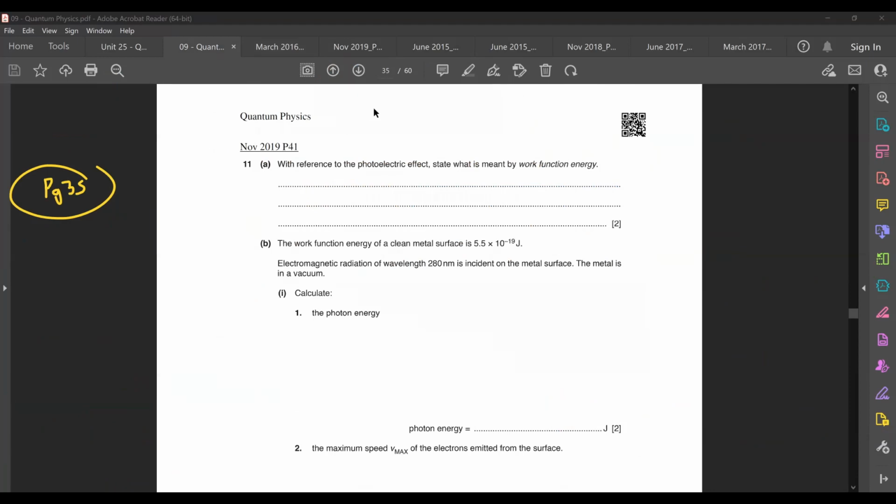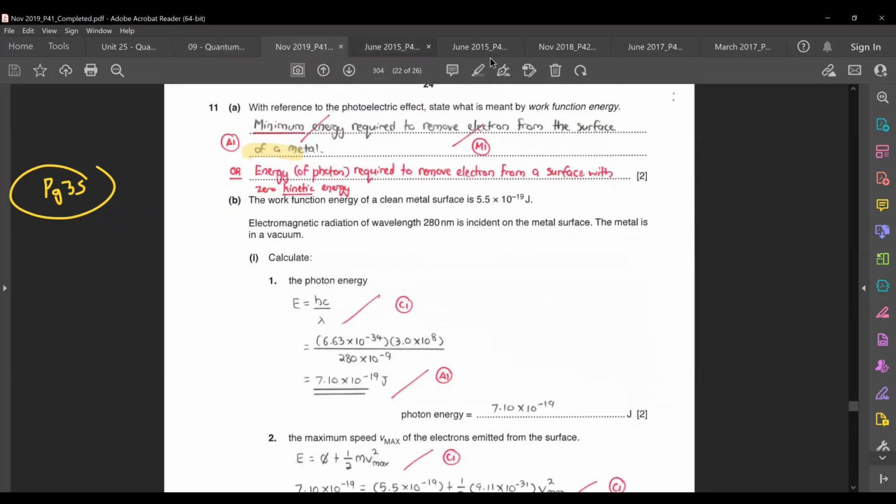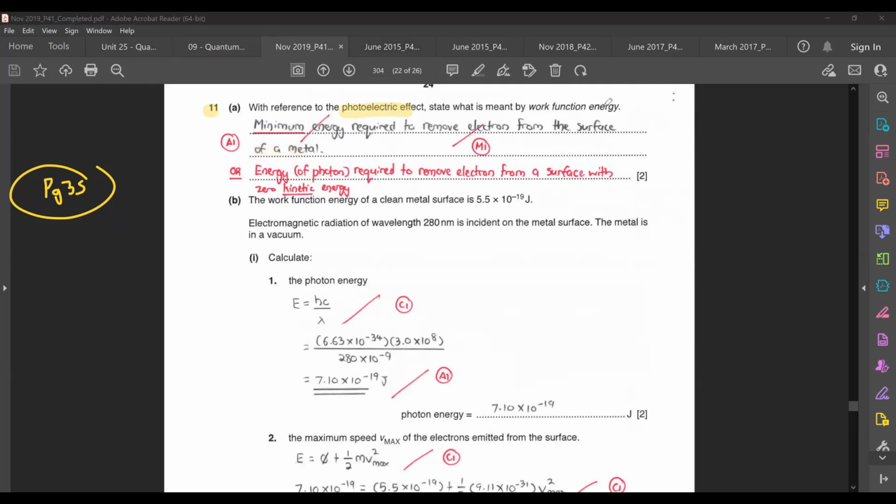So for page 35, it is November 2019, P41. We'll go through that now. If you look at the question, with reference to the photoelectric effect, state what is meant by work function energy. Work function energy is simply the minimum energy required to remove an electron from the